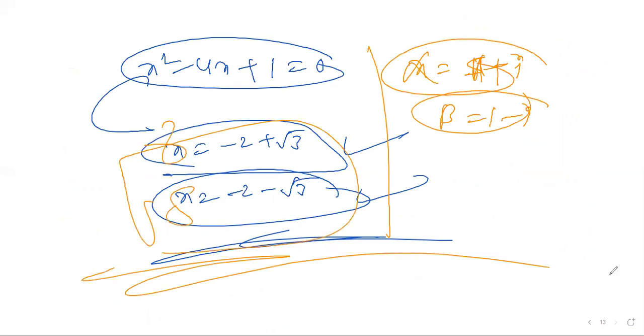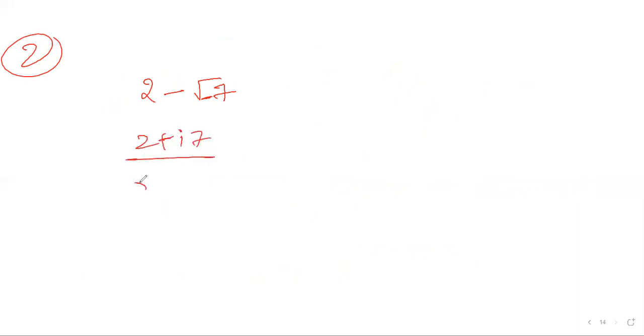Okay. Similarly, go to the second question. Solve the equation 3x cube minus 4x square plus x plus 88 equals 0, which has 2 minus root 7 as a root. One is this root, another is 2 minus root 7. Also 2 plus or minus i root 7. One root is 2 plus root 7, the other is 2 minus root 7.